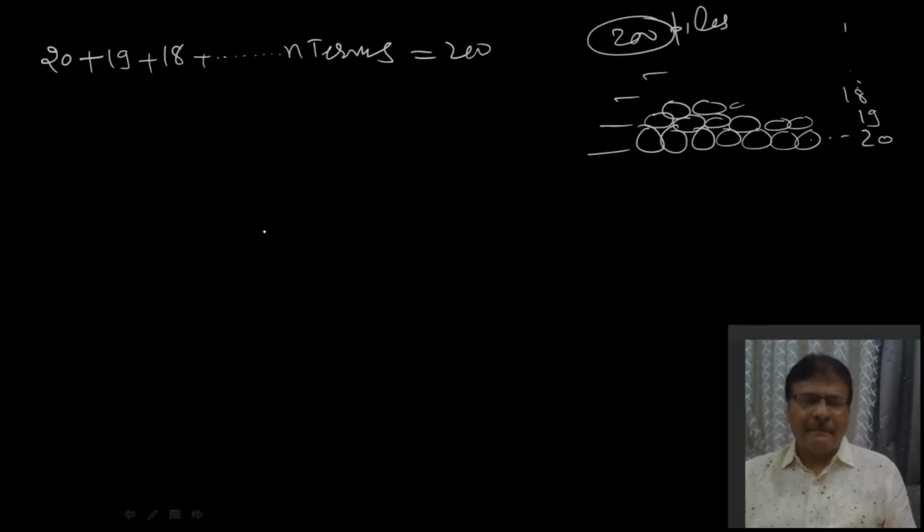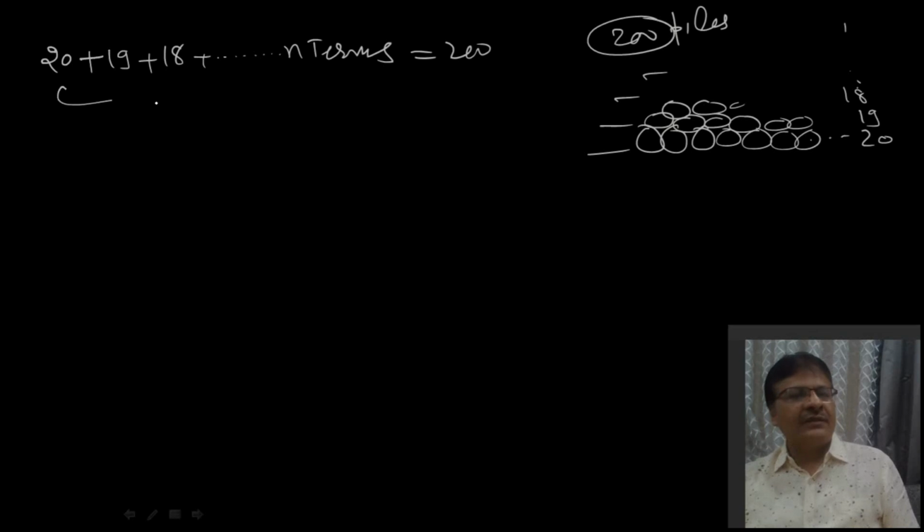There are certain wooden piles. These are 20, and above these piles are kept. These are 19. Then again this way, these are 18. So this way, how many rows can you find if there are 200 piles with you? This is my question. If you have to put 200 piles this way, how many rows will you be able to manage? The bottom row has 20 piles, then 19, then 18, and I don't know how many rows there are. Suppose n terms are there, and their sum must be 200. Is that clear?